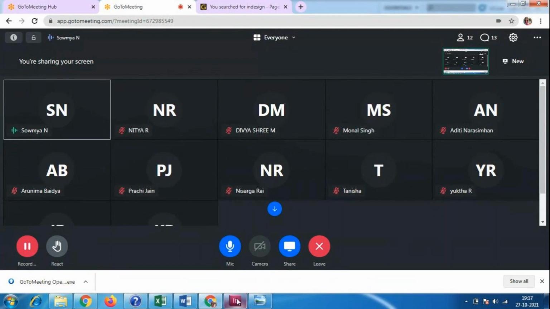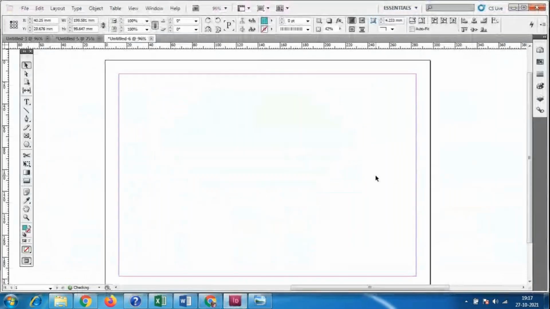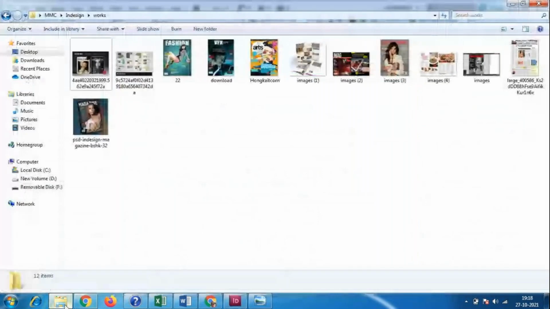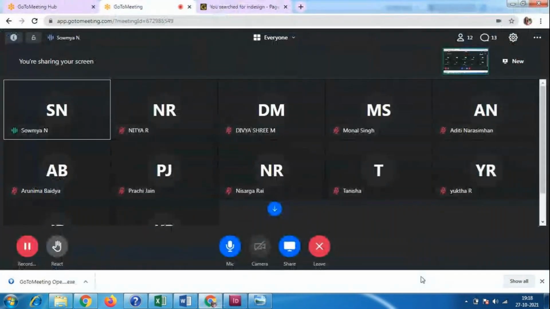And this InDesign, please, it's very simple software. Download the software today itself and just check all these options. In the next class we are going for the text and how to place the images. Again we are using some simple images here also, because we have to create the magazine cover page, the brochure designs and the pamphlet designs. All these things we have to create, so by then we will necessarily need images. So we will see that in the next class.